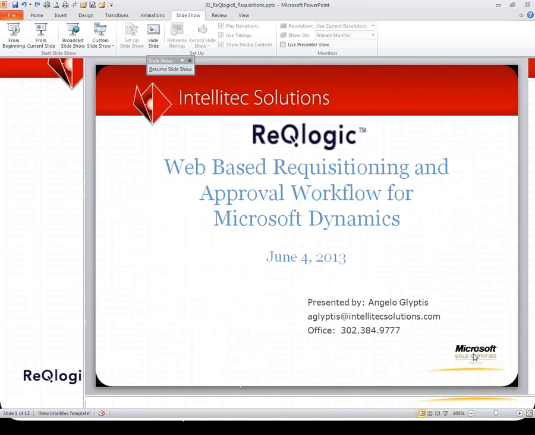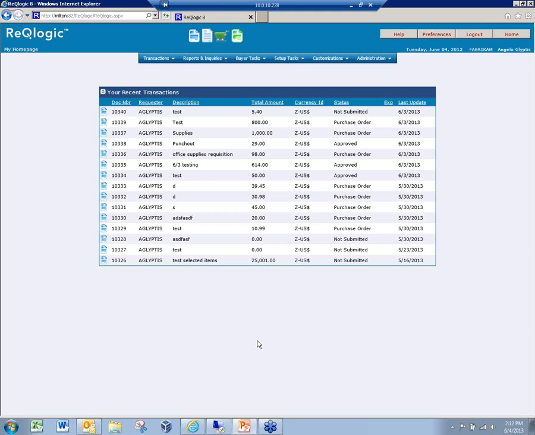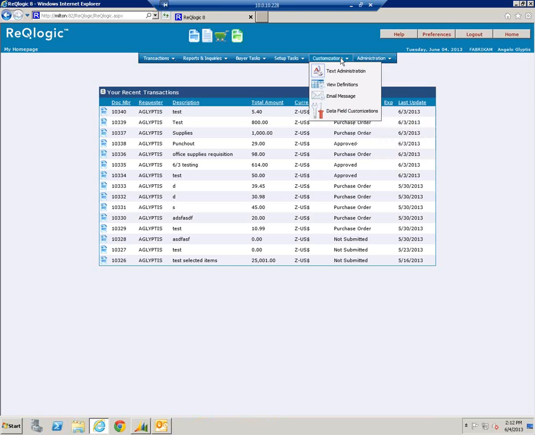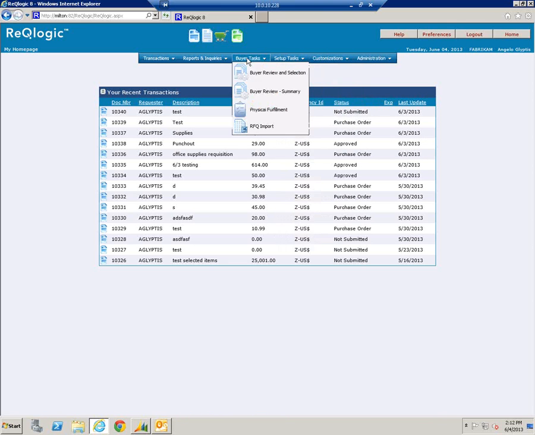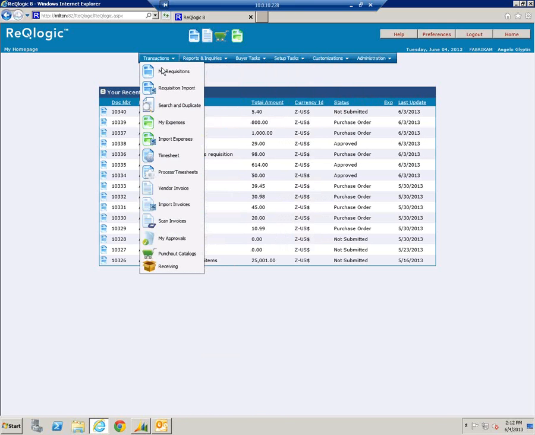Okay, so I am in the RecLogic application right now. As I mentioned, it is web-based. I am in the interface here as the Angelo Glyptis user. It shows me the date and what company I'm logged into. I have my menu bar going across the top, and depending on my access rights, I will see various options